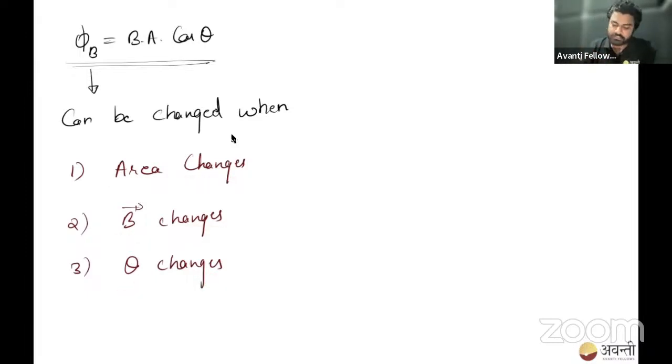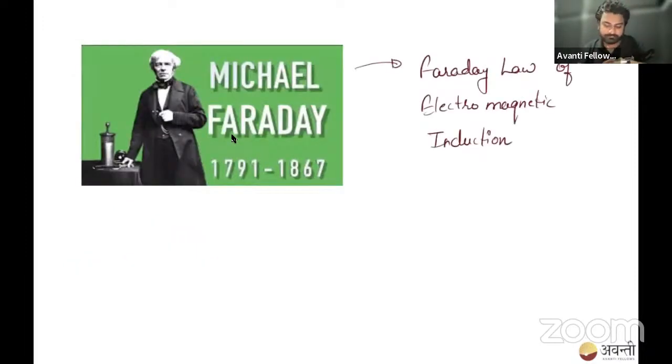So this was the scientist Michael Faraday, and he gave something called the law of electromagnetic induction. He said if you change the flux which is passing through an area, something is induced in it. Again, I'm repeating: when you change flux through an area or through a substance, some changes happen in that substance. So by a small simulation, let us understand what happens.